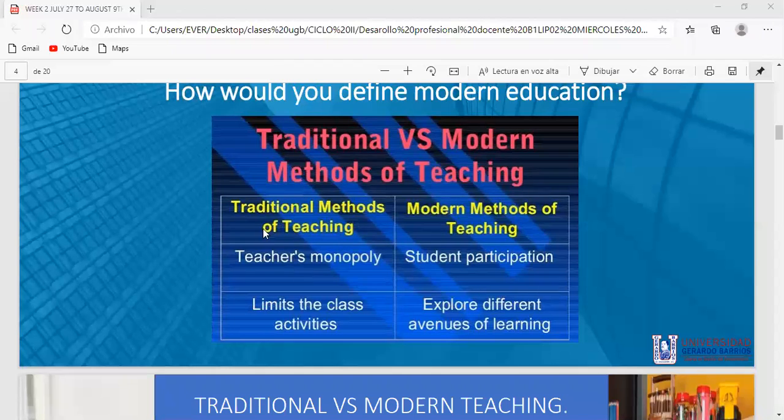Now, what happens in the traditional method of teaching? It's teacher monopoly, right? It limits the class activities, okay? In the traditional way, most of the time the teacher was talking and talking and talking, and the teacher was always right. You could not say that the teacher was wrong because the teachers got offended. Now something about the modern methodology is that students participate more, and they explore different avenues